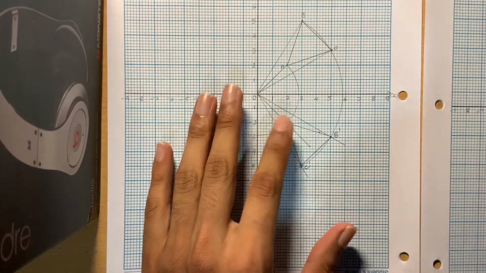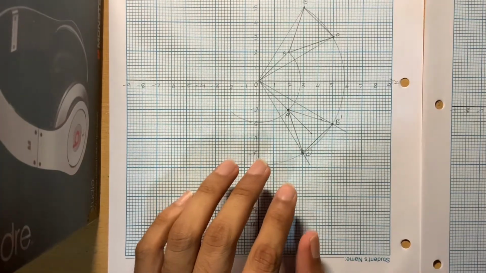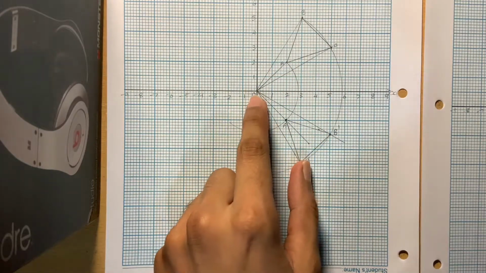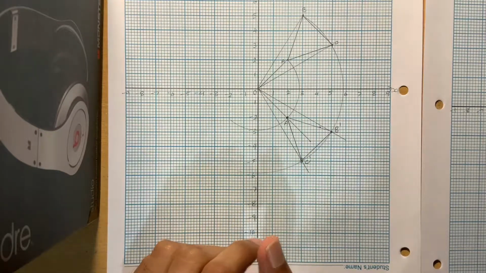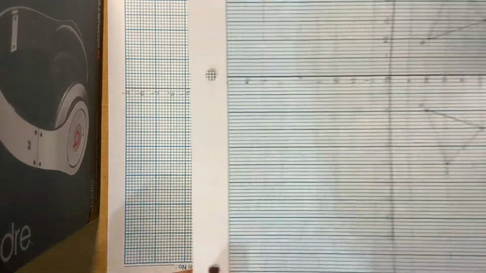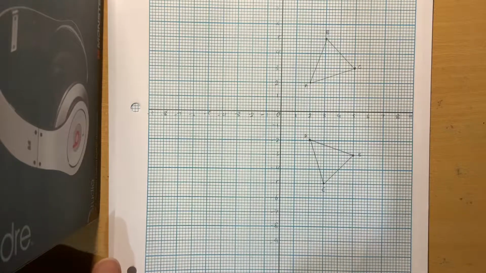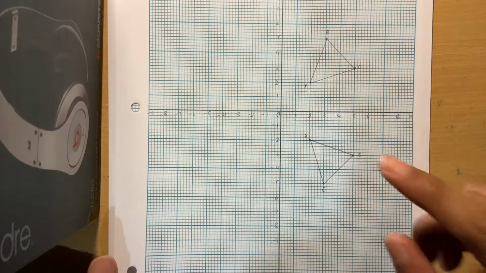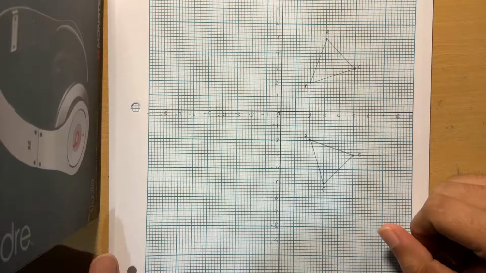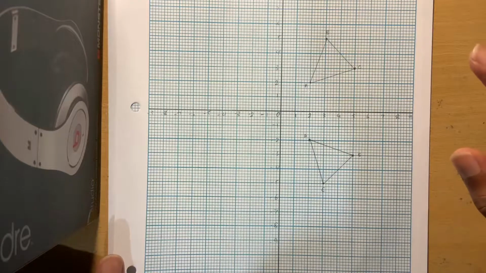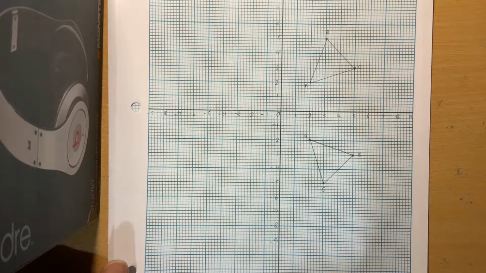So if you guys remember, this was the example that we did in the previous video, okay? And I showed you how to actually rotate the object onto its image about the center, which was O in this example. So I have actually redrawn the two shapes, okay? So in a question, they are going to give you the object and the image, and they are going to ask you to find the center of the rotation. And it's very easy. It's similar to the other transformations, how we find their centers, but with just one additional